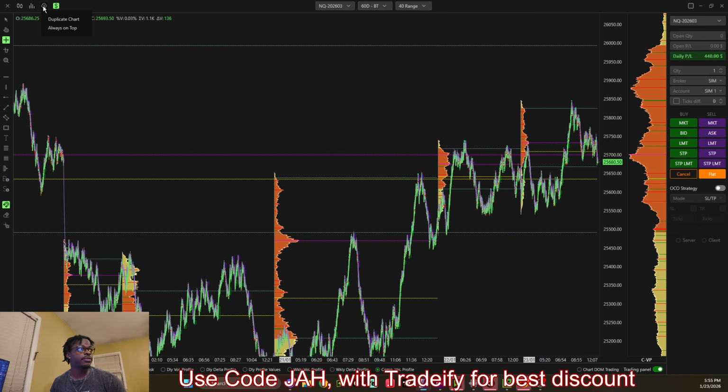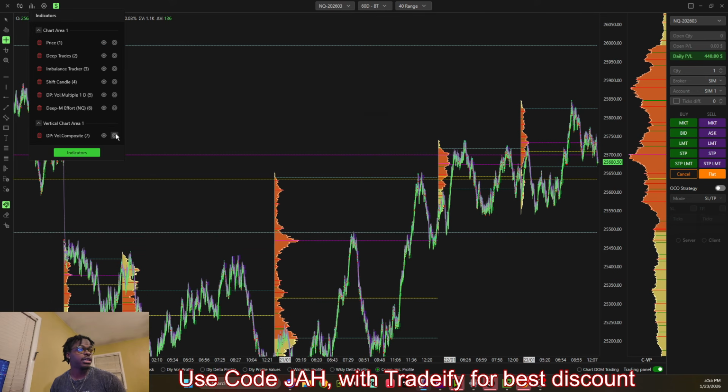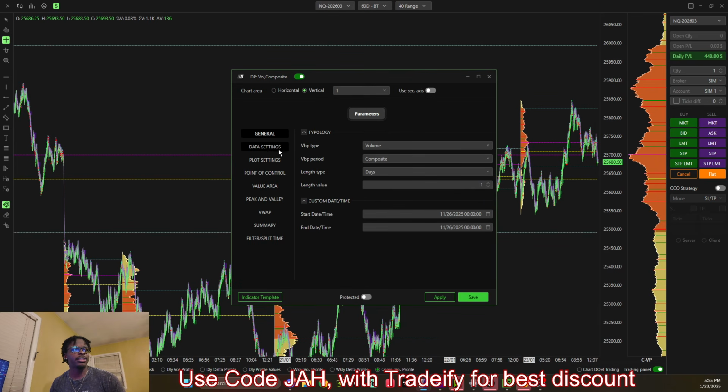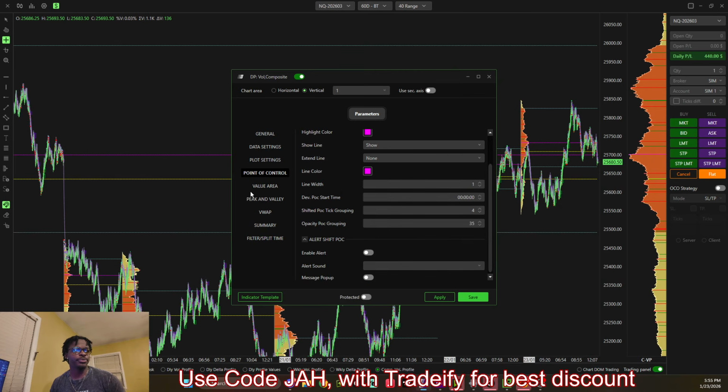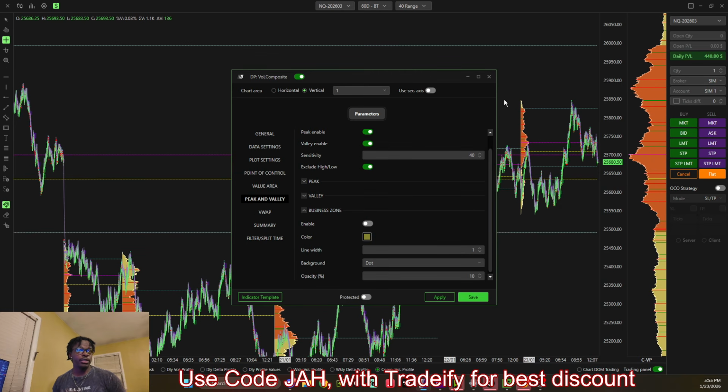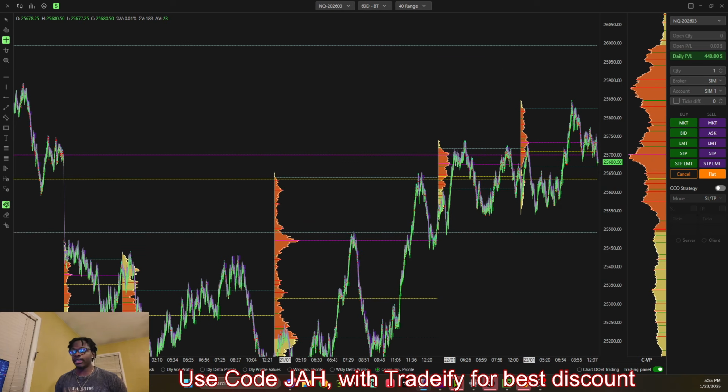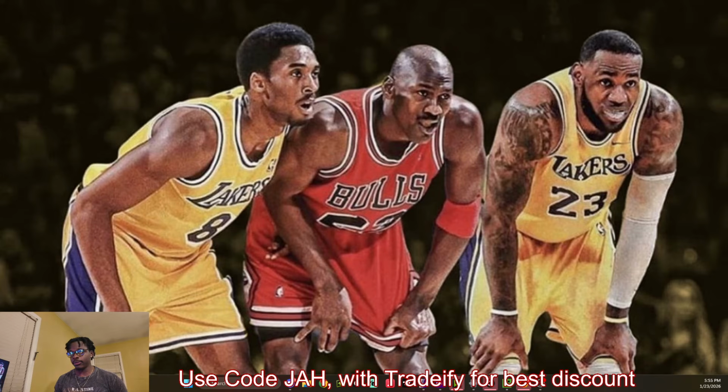Here's the settings for that. I didn't change anything, so it's basically the same thing that it already is. That's it for the 40 tick. Now, if I grab my other chart,